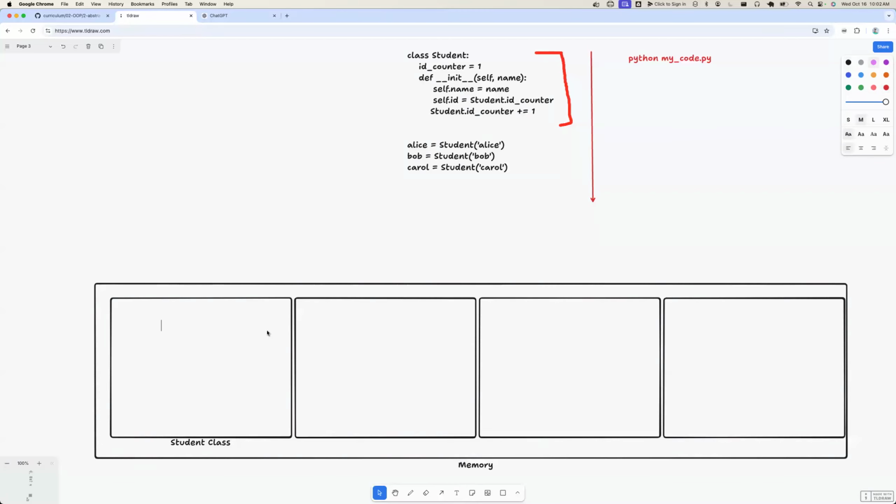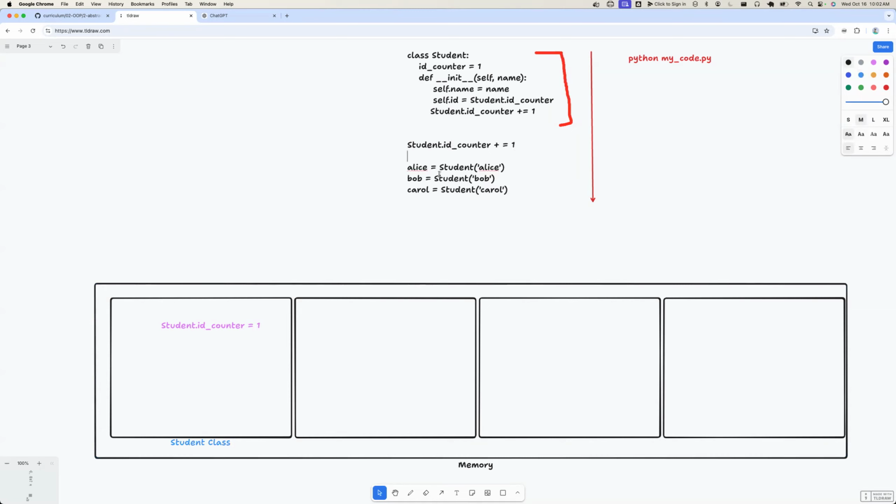And so over here, what we have is, let's just call it Student with a capital S, and maybe it's a dictionary. Let's pretend it's stored as a dictionary, or it could be an object, but it doesn't really matter. But this actually gets saved here before we even get to Alice, Bob, or Carol. Right? And in fact, if I want to play around with this code and do student ID counter plus equals 1,